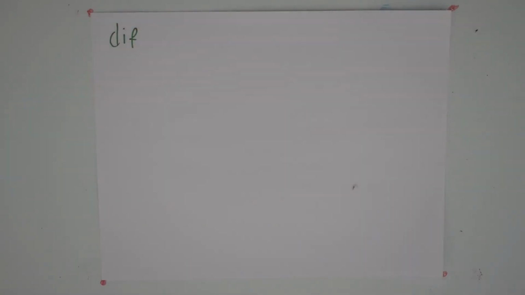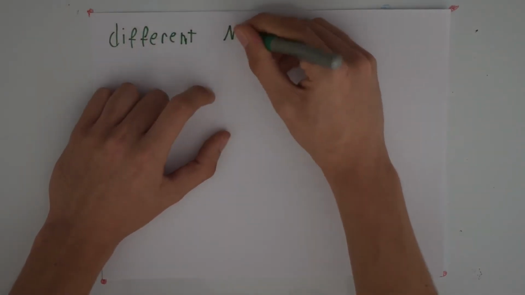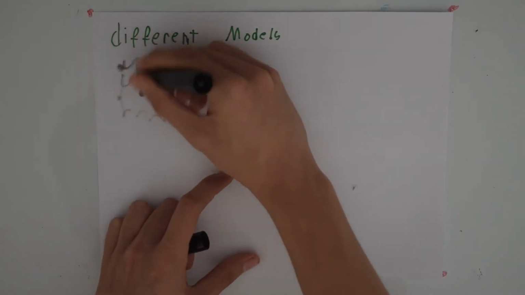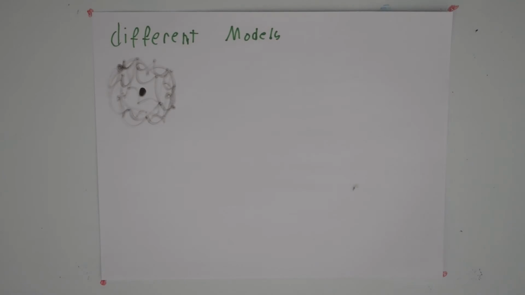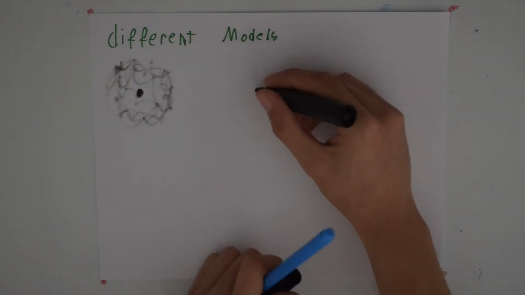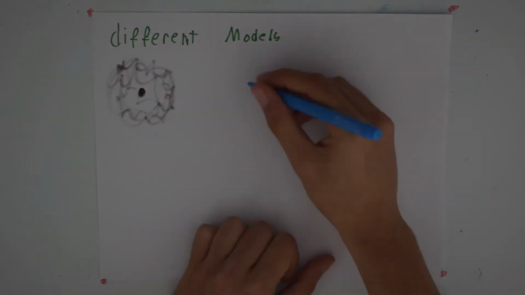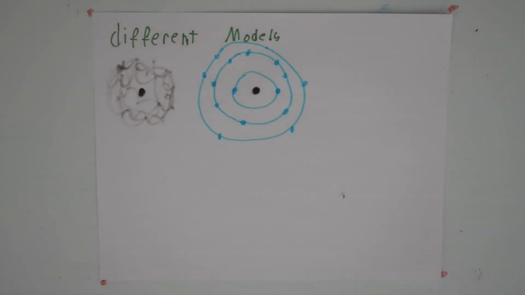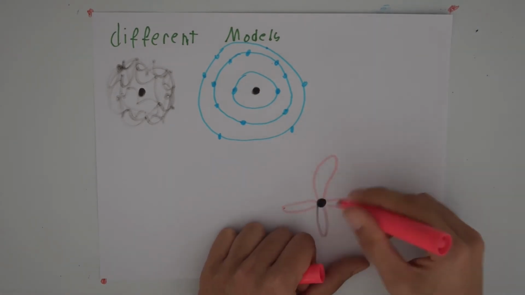More in-depth information about the structure should be in another video, but it is important to know that there are different models for the structure of an atom, one with a tightly dense nucleus and an electron cloud, another one with a nucleus and electron shells, and even a more complex one with 3D shells